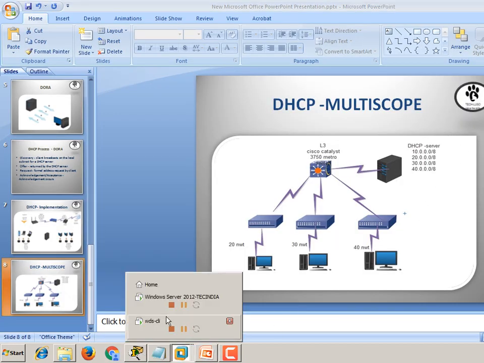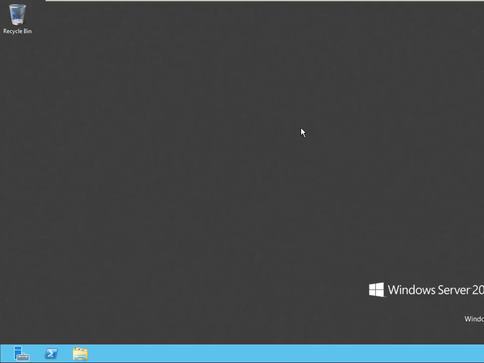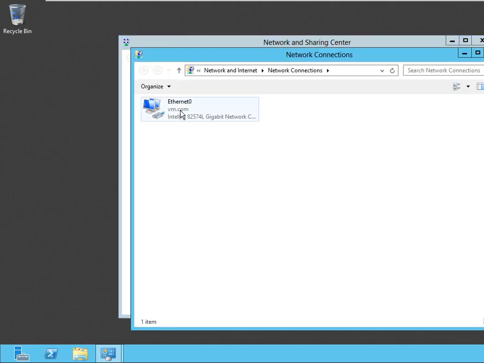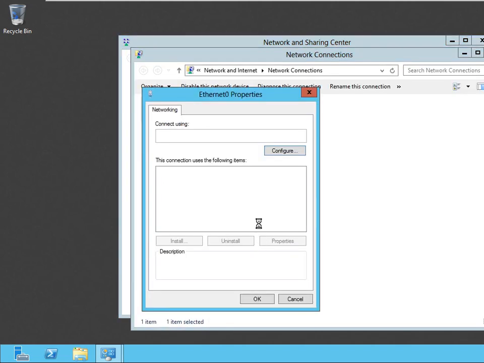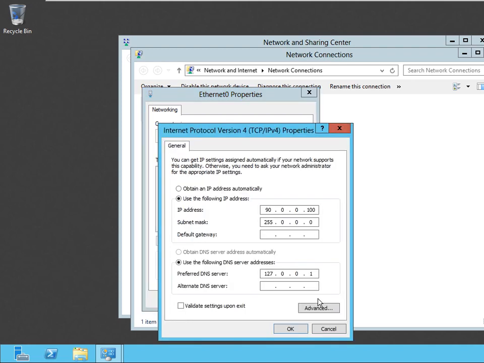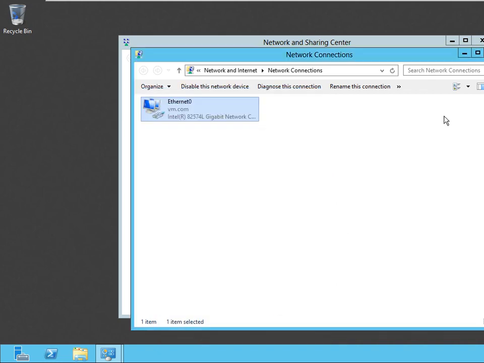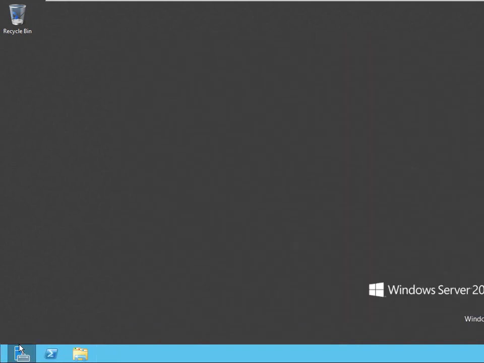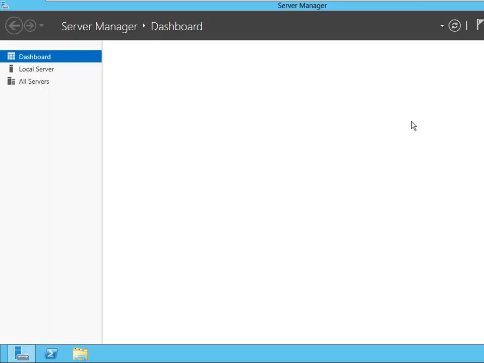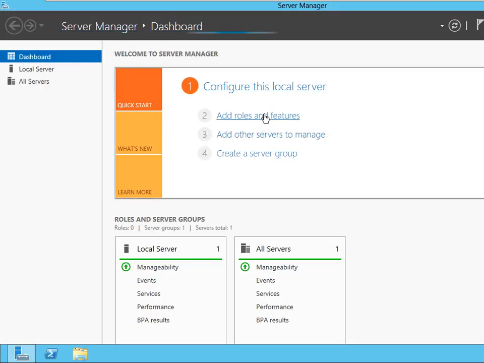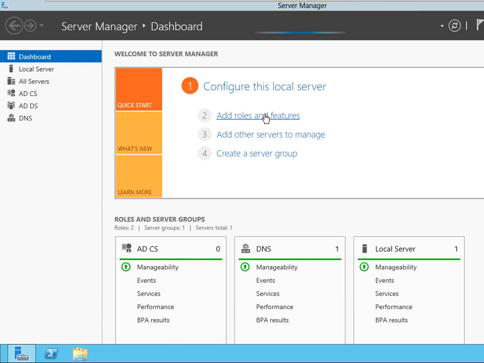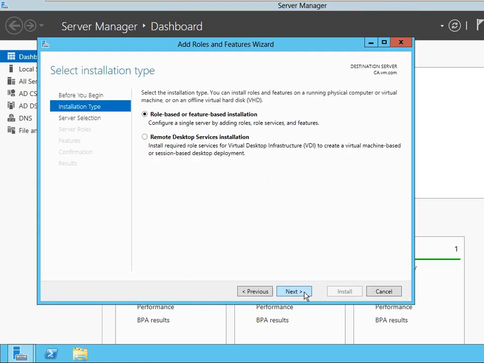Next we are going to see in Windows. So first basic criteria, assign a static IP address. So already I have an IP in the range of 90, so 90.0.0.100. Go for server manager. Select add roles and features.